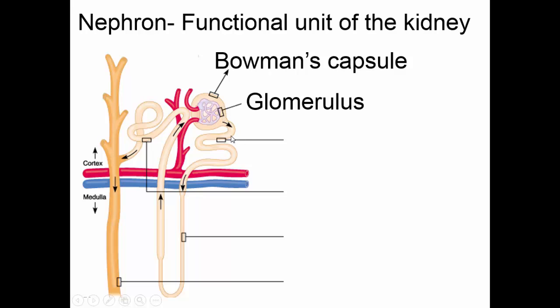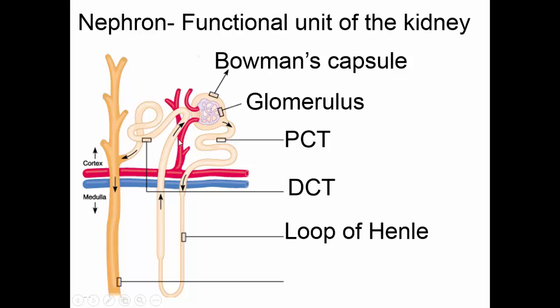That fluid then drains into proximal convoluted tubules, the loop of Henle, and the distal convoluted tubules. While it is in these tubules, it gets adjusted. We reabsorb materials that we filtered out that we need back, like glucose. We adjust water, and we have a final chance to secrete some things we really need to get rid of. The urine then goes into the collecting duct. Many nephrons feed into one collecting duct. These collecting ducts go through the renal pyramids and end up draining into one of those calyces in the renal